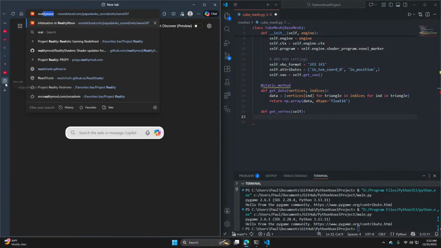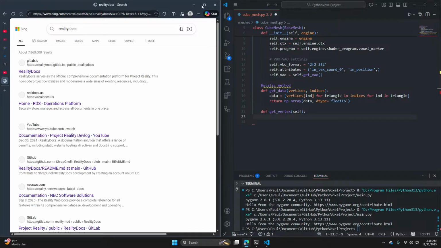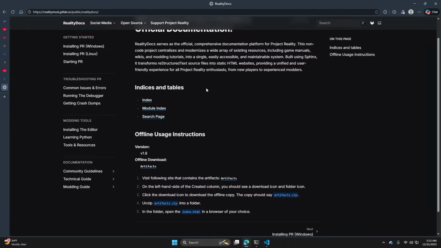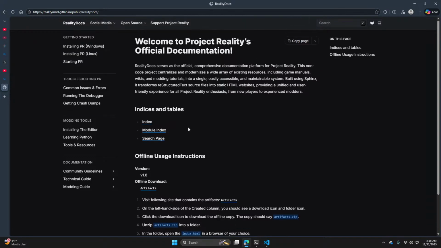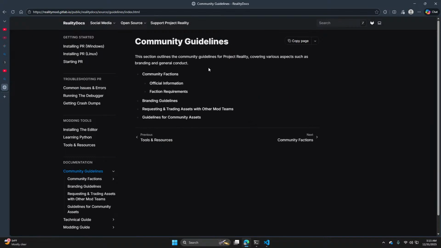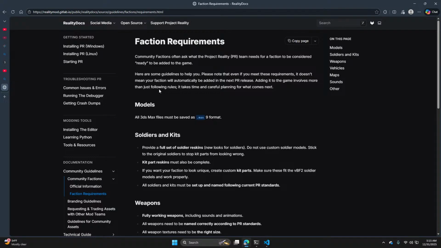Let me show you this. That's what I've been working on, guys. Let's go away from my Python stuff. When I started modding this game, it's really frustrating to learn how to do stuff for PR. So I decided to port a lot of the forum posts into this site, and like you said, with AI and stuff, I help format stuff.